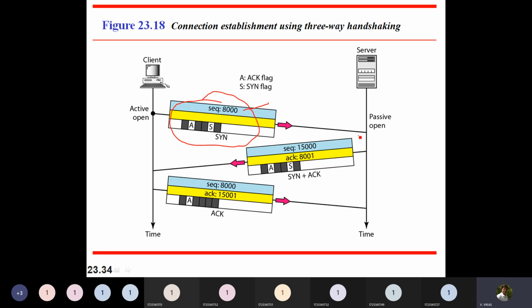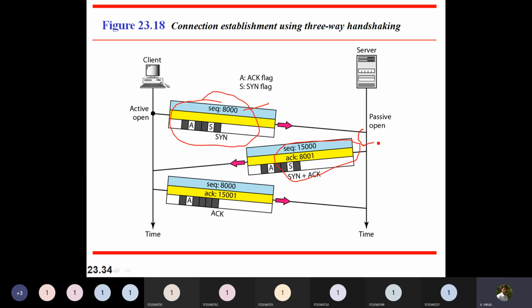Similarly, the other side also will send a synchronous message, like they also have to communicate with this side, right? This is kind of full duplex communication. So they will also respond with a SYN message. But as we said earlier, we can have piggybacking, wherein along with the synchronous message, I can also attach my acknowledgement for what we received.